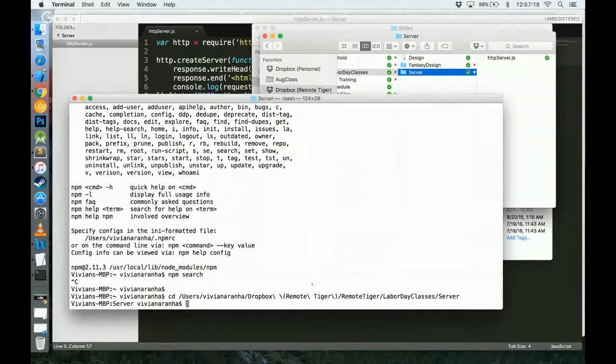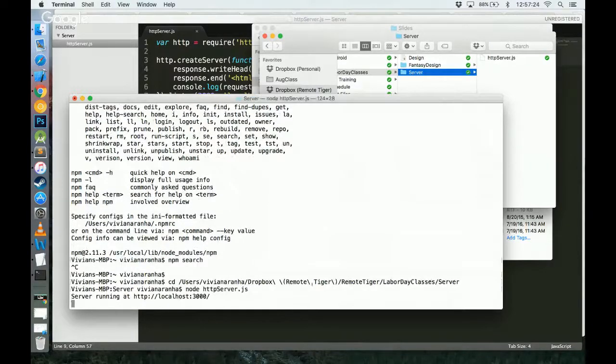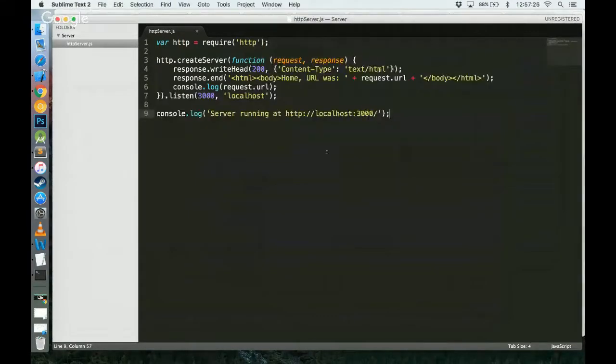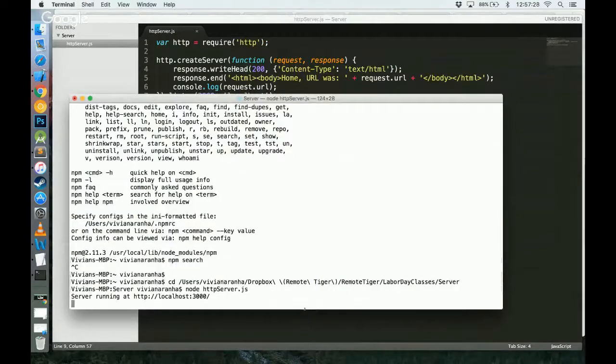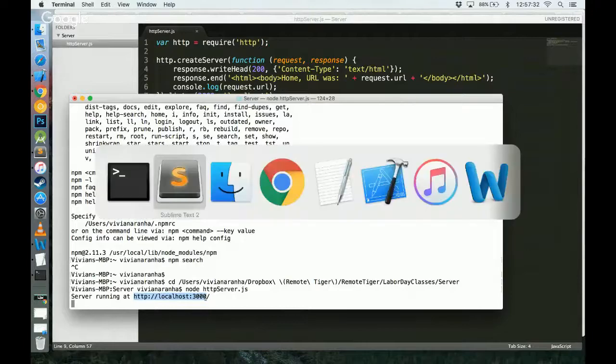Okay, inside this, I think it's node HTTP server.js, and it's running my server. That's it. This much line of code. Okay, it will start my server. Now on my browser, if I go